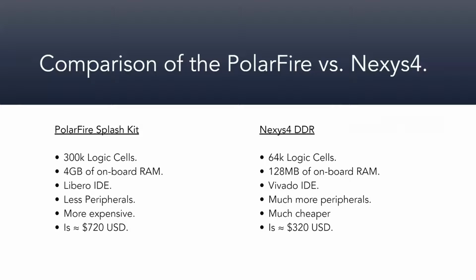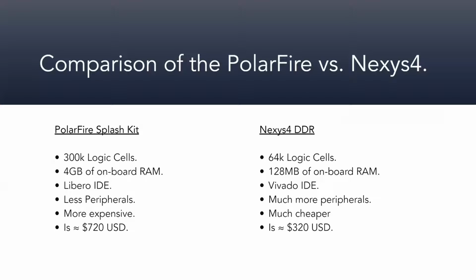Okay, so the comparison between the PolarFire and the Nexys4. Jimmy already went through a few things, but I wanted to line them up and show the big things. 300,000 logic cells versus 64,000. That's a big difference. You could build a much larger system on the PolarFire. 4 gigs of RAM versus 128 megs. Also a big difference. You can load much more, whether it be programs or software, onto the PolarFire. The PolarFire uses the Libero IDE where the Nexys uses Vivado. Libero is a little harder to use for newer users, but it has a lot more